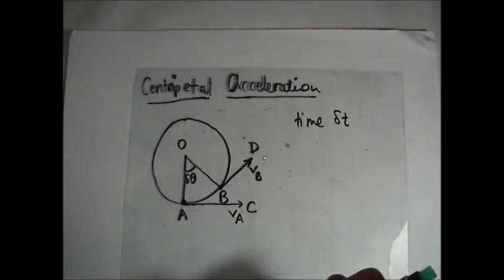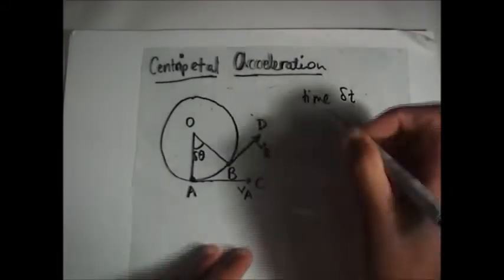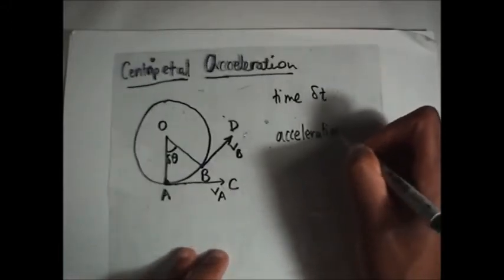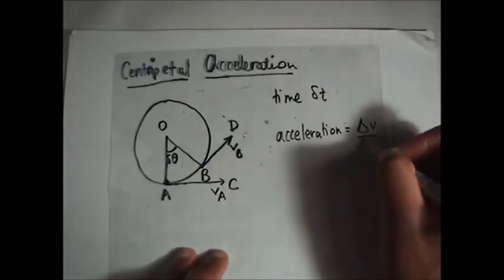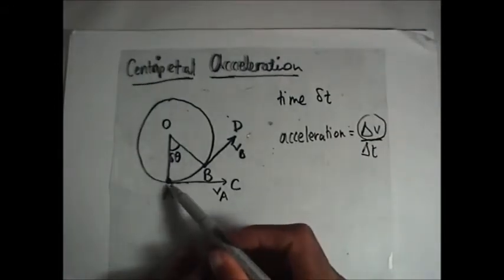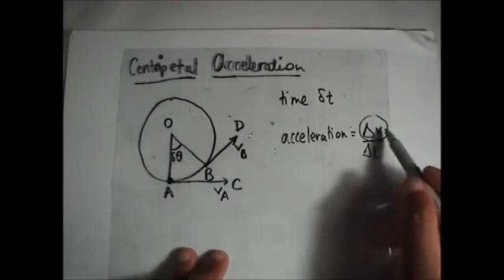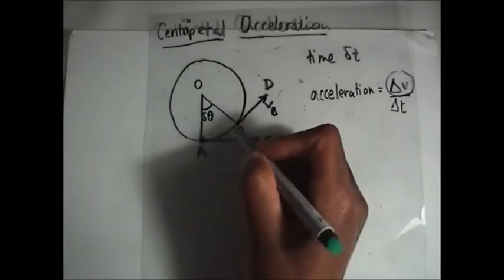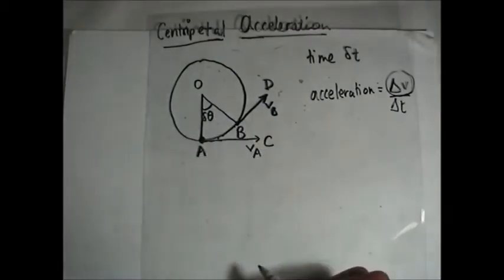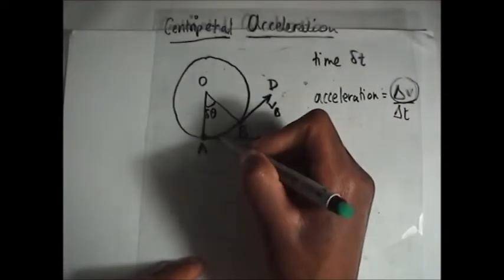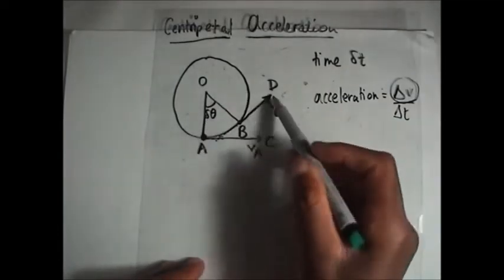So now, looking at the velocity change, because you know acceleration, as we know from kinematics, acceleration is equal to change of velocity over change in time. So let's figure out the change in velocity from point A to point B. Let's figure out what that velocity change is. Okay, in geometry, there is a geometrical proof for this, but it would take time for us to prove it. But let's extend this